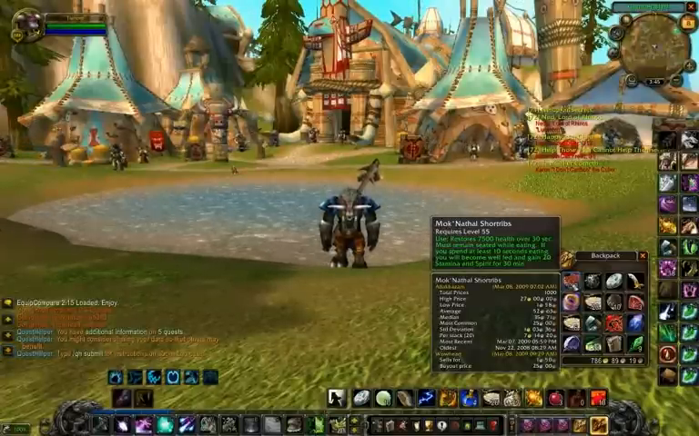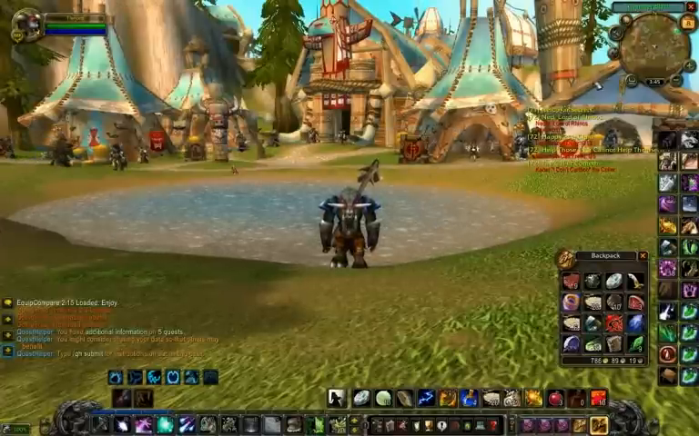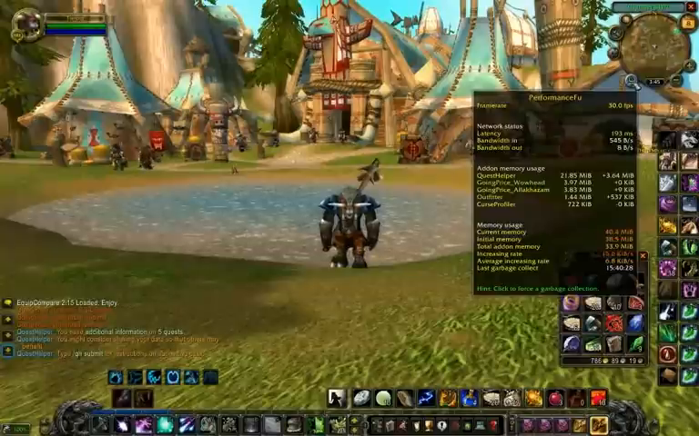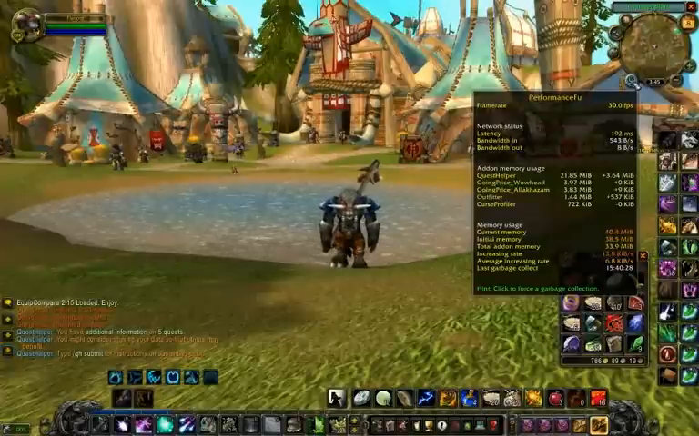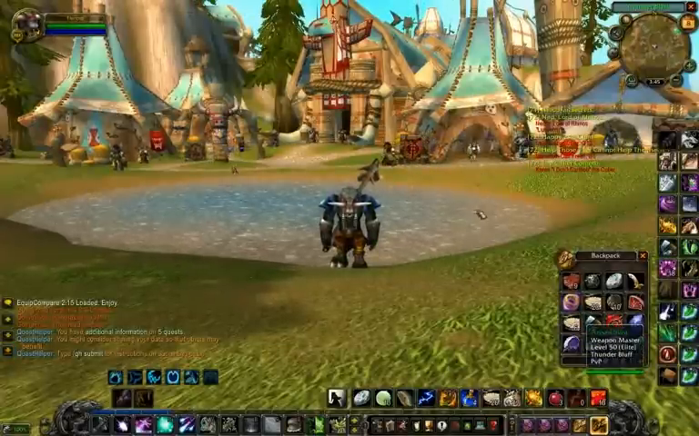But before I show you how to do that, let me go to an add-on that I found very useful. It's called Performance Foo, and it lets me know that GoingPrice Alakazam is using 3.83 megabytes of add-on memory. Now to configure GoingPrice,